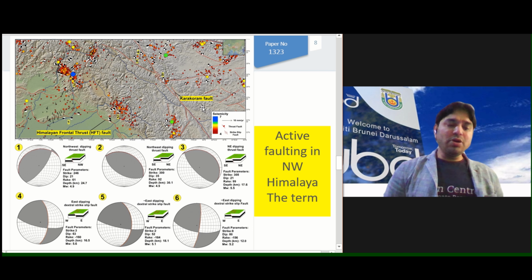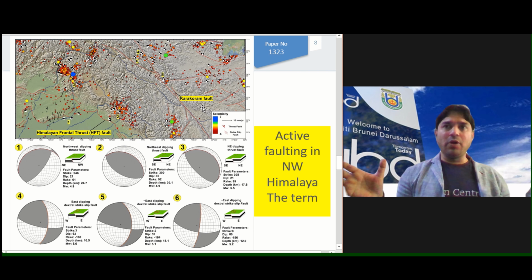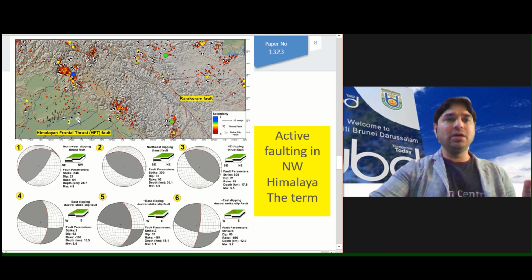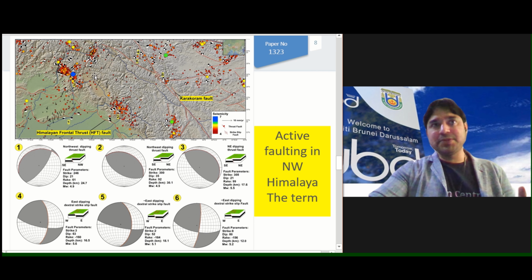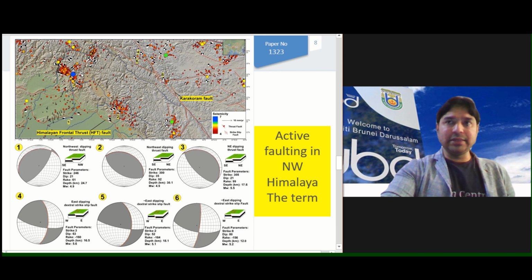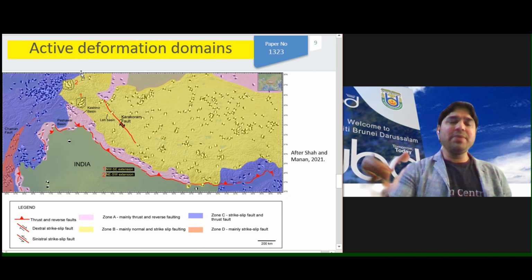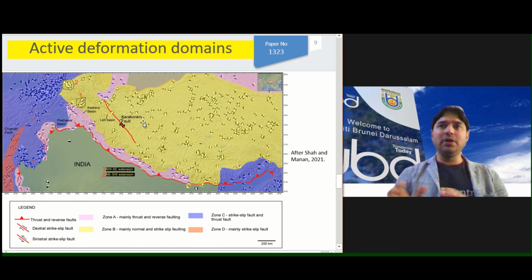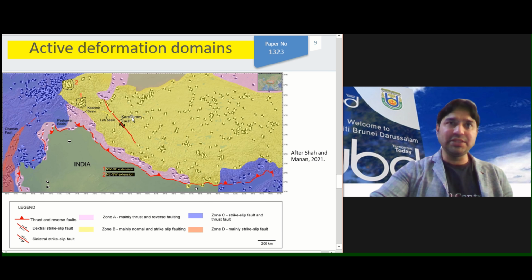So if you look at the earthquakes now, we want to know what type of earthquakes you get. Normally the earthquakes that you have are of almost all types: normal, reverse, strike-slip. Basically all. So in the front you have reverse. In the interior faults you have normal, reverse, and strike-slip. So as I said, they are all types of earthquakes, okay? So it is not just one type. And here we made a model, which we published recently, where we are expecting what type of earthquakes are expected in that particular area. For example, in this area, you're mainly expecting strike-slip and normal. For reverse faults, there's a combination of strike-slip and reverse faulting, okay?